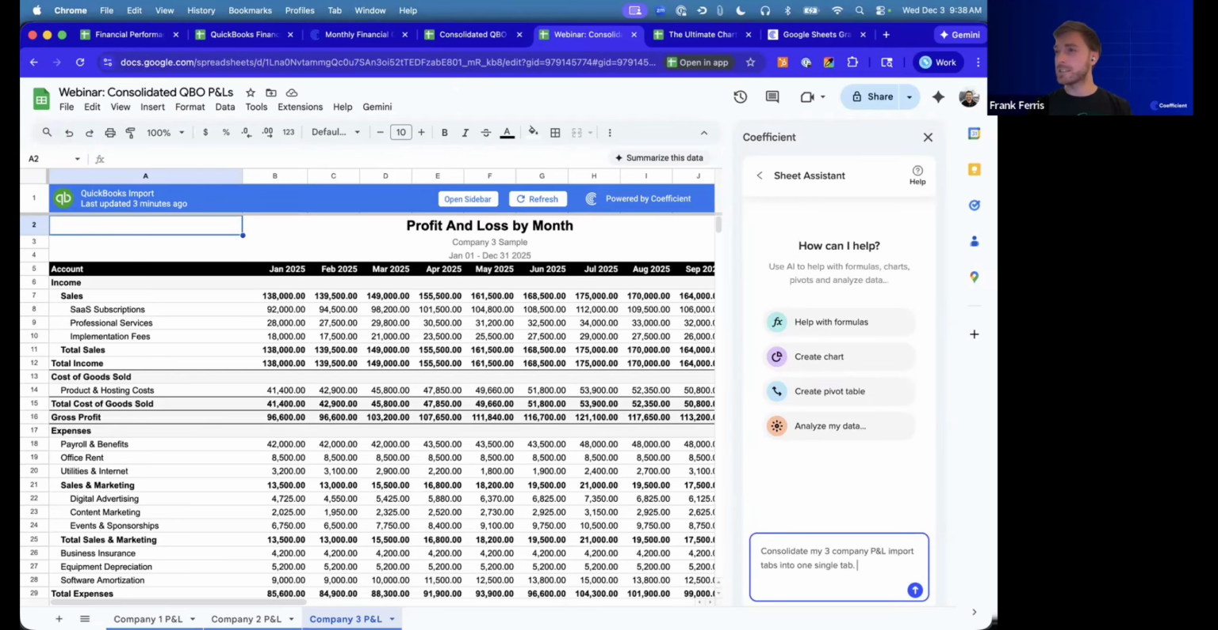I could go ahead and do this. I'm pretty sure if I do this, it'll convert that into not formulas necessarily. It might not. So I'm just going to give a little bit of extra specification that I want formulas and I don't just want Coefficient Sheets Assistant to add it up for me as a one-time thing. So we'll just add here, use formulas so that the consolidated tab will stay up to date, even as the 3 P&L tabs change over time,